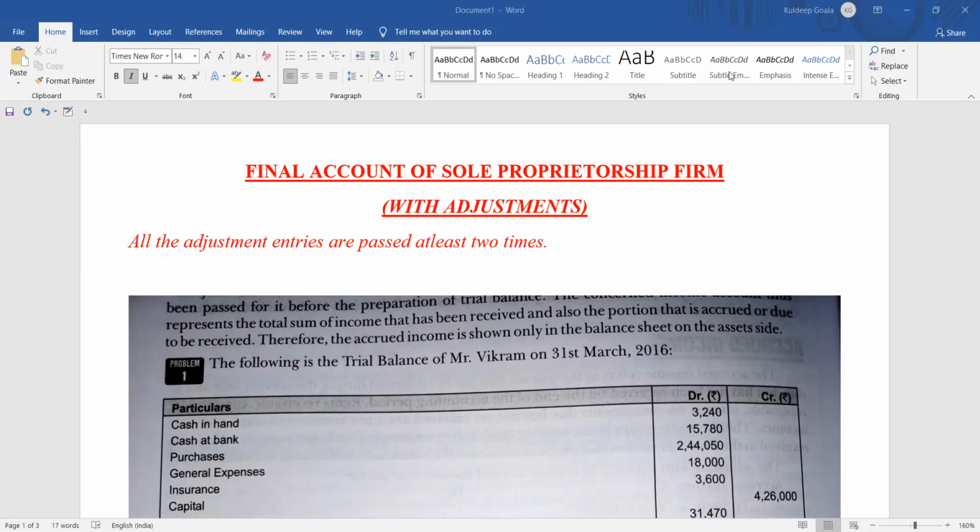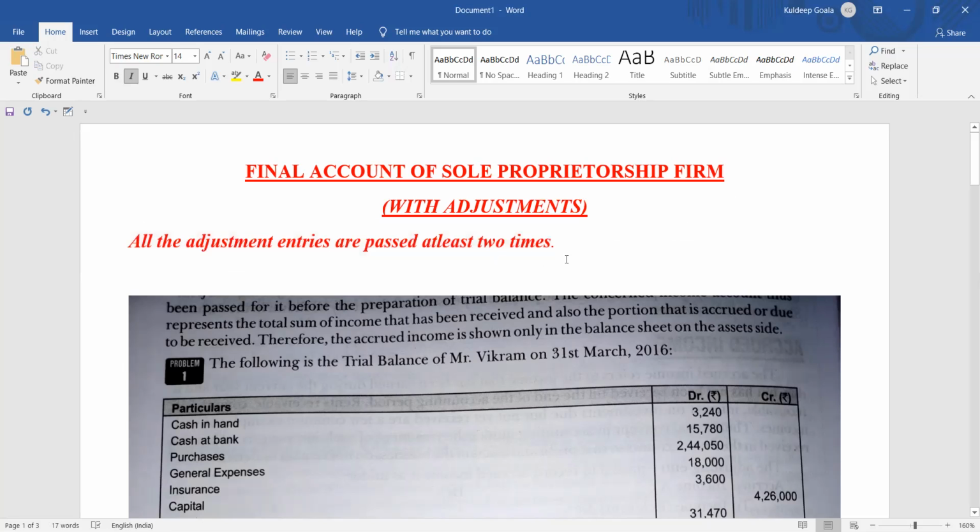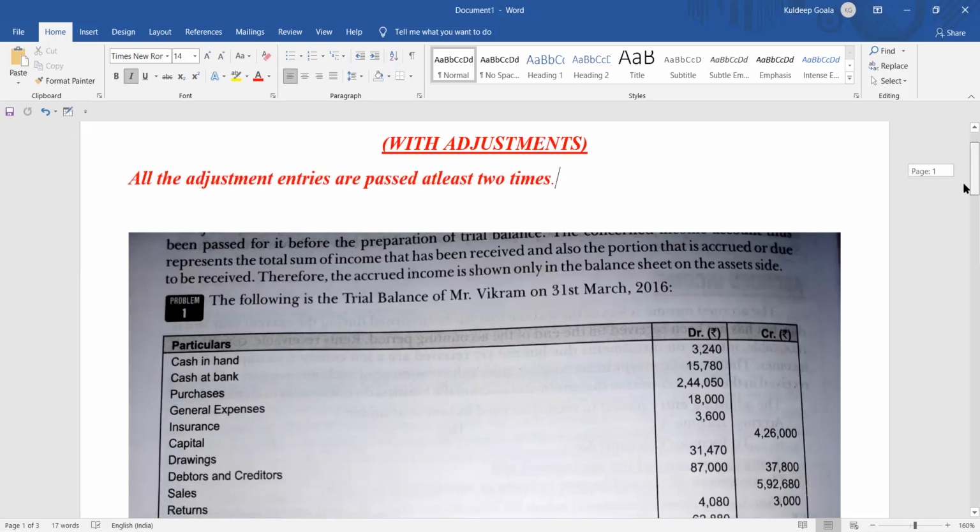ठीक है, so you must remember that all the adjustment entries are passed at least two times. सारे के सारे जो एडजस्टमेंट एंट्रीज हैं वो कम से कम 2 बार पास होते हैं। कुछ ट्रांजेक्शन जहाँ पे 3 होता है या फिर 4 होता है, लेकिन कम से कम 2 होगा ही। ठीक है, क्लियर? क्यों 2 होता है? Because it is following the double entry principle, वो उस प्रिंसिपल को फॉलो करके आगे बढ़ता है।